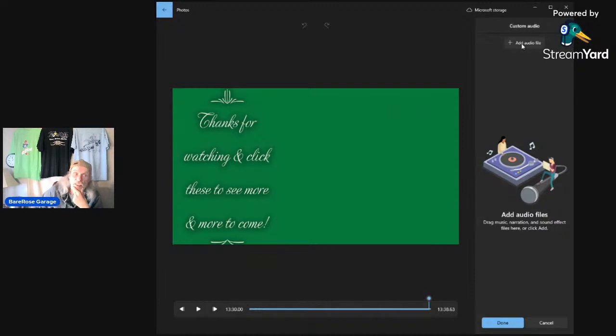If you want to try to use YouTube Library, you can download those into your computer. You go through the YouTube Library, pick the ones that you like, download them into your computer, and then when you're using this particular setup